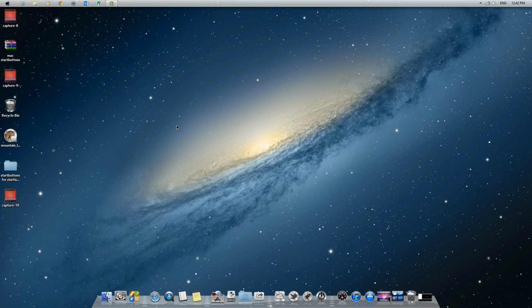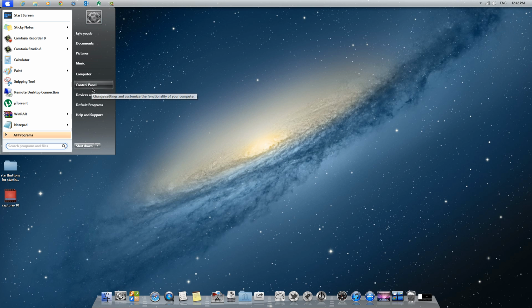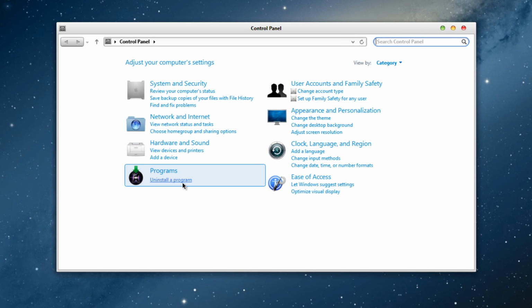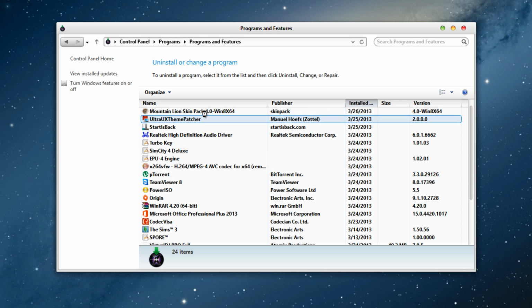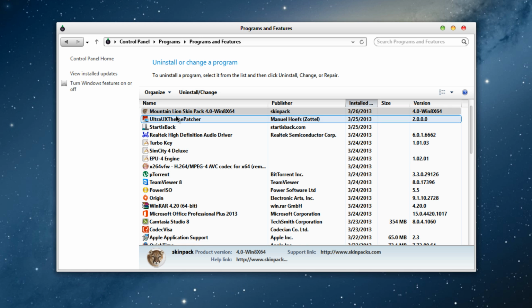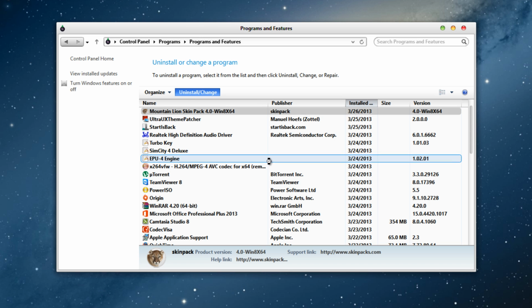Now if you want to uninstall the theme, it's really easy. All you need to do is come up to the start menu, come over to control panel. As you can see here, you've got your custom icons as well. Go to uninstall a program and search for Mountain Lion Skinpack 4.0. Just click on that and press uninstall,